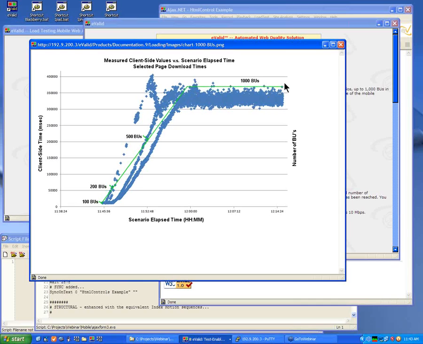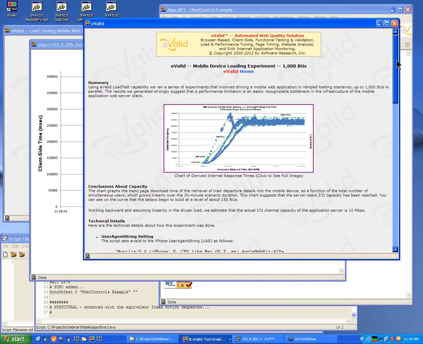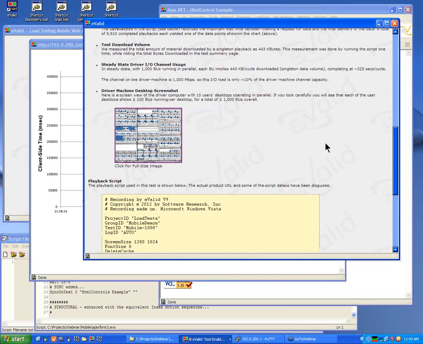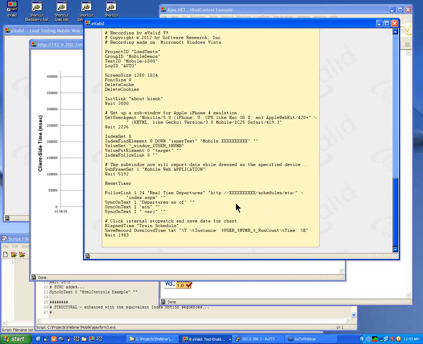And once we have 1,000 browser users, we let that stay stable for 15 minutes. Okay? Along the way, and this is very typical of what we do in these experiments, there's one critical factor, which is how long does it take between when you start that sub-window to report data? How long does it take? So we did a reset timer right there, and then we used a special command that